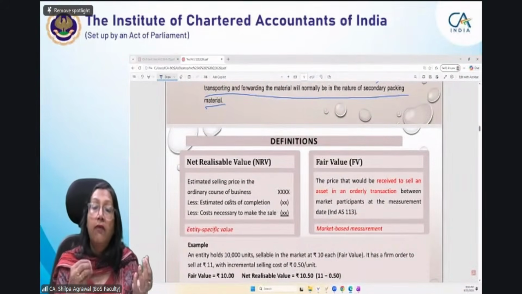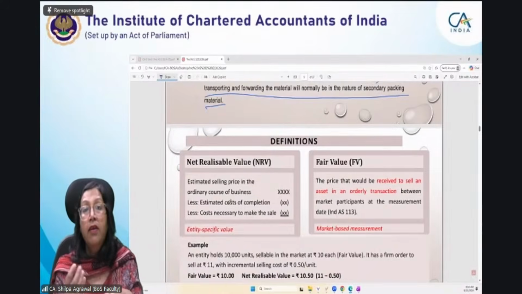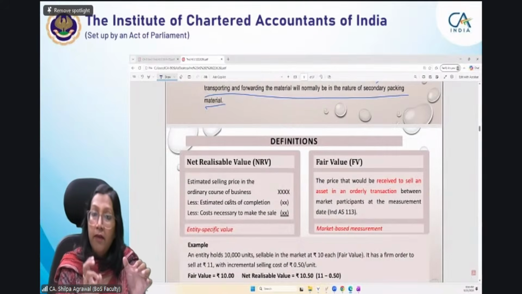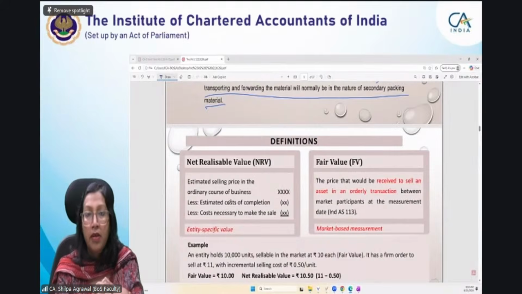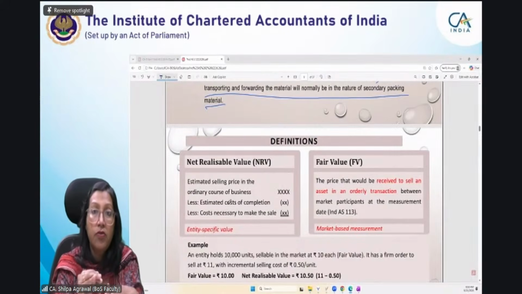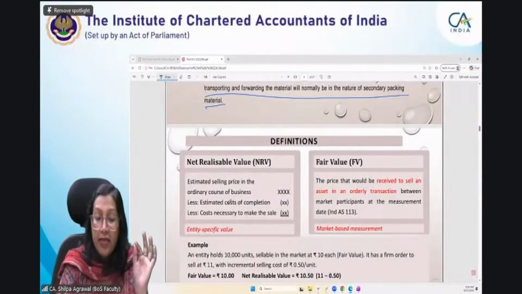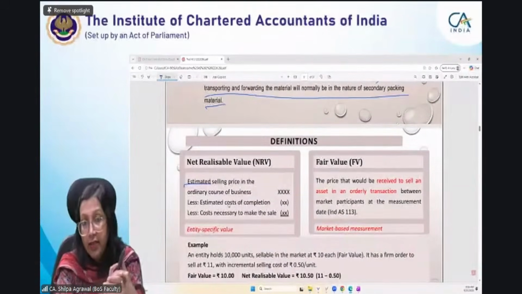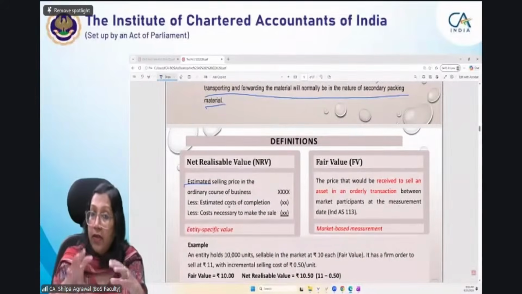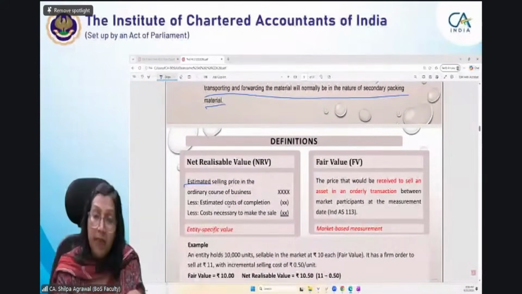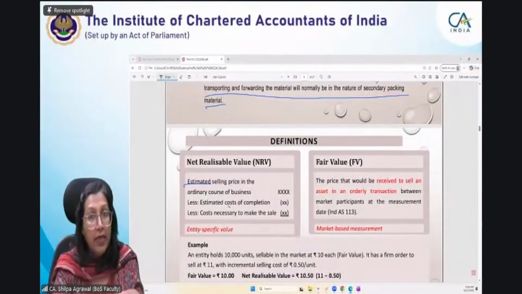For inventory, whatever price you are going to fetch when you sell that inventory, the selling price after deducting certain expenses, whatever comes is your net realizable value. Now what is to be deducted from the estimated selling price? First we have to understand the term estimated. It is not necessary that the selling price is fixed. You may be estimating it, a tentative price which you believe you may get when you sell this particular inventory.